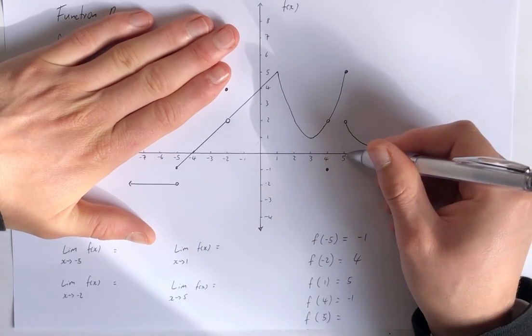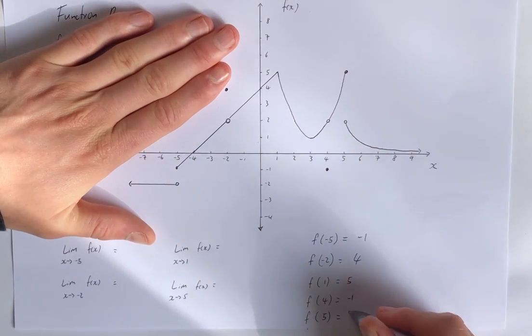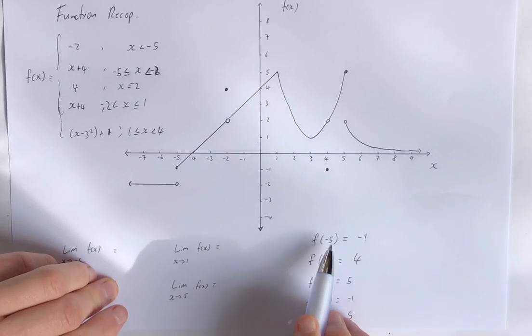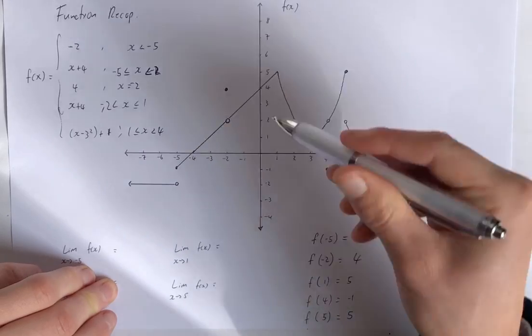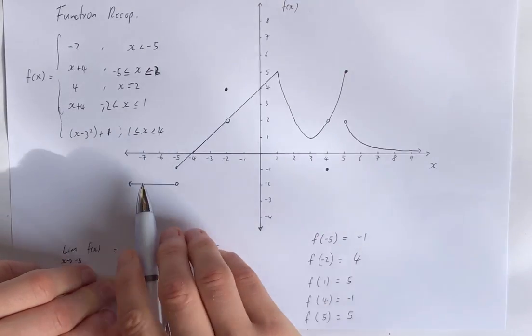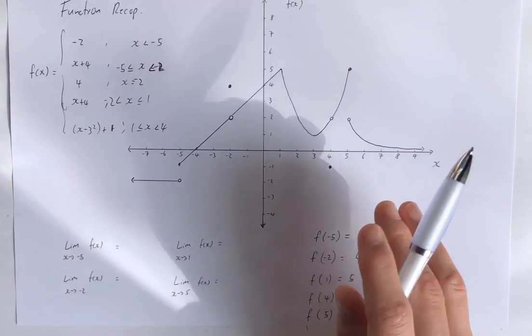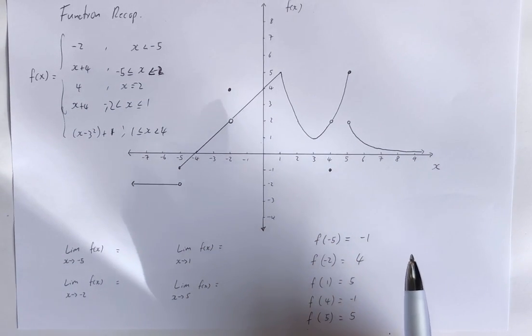And f of 5, well, it's defined as 5 at that point. So as you can see, if we put any x value in, we get an output, f of x. And so we've covered similar style stuff a little bit in level 2 calculus, and so now we're building on that,